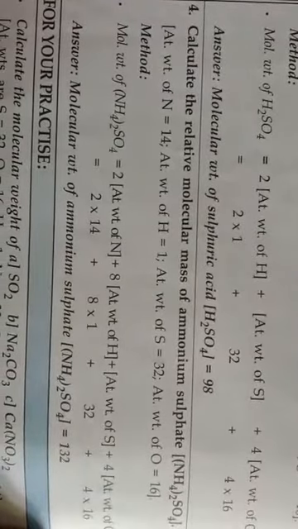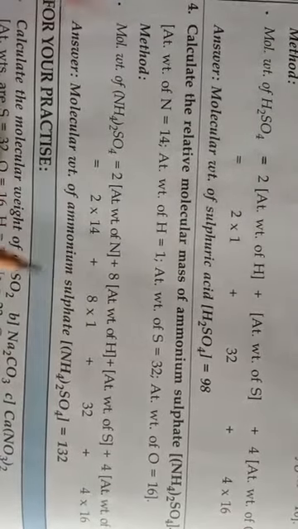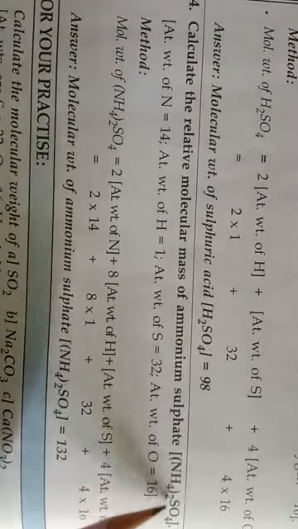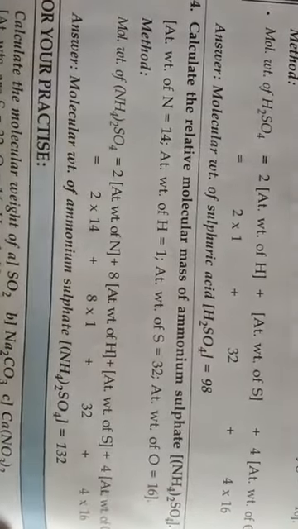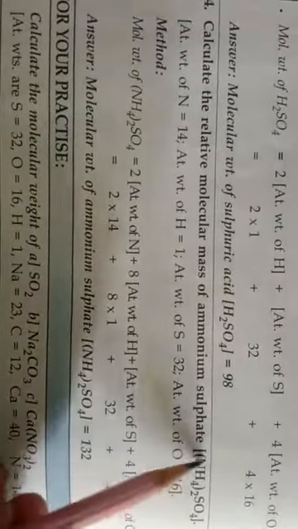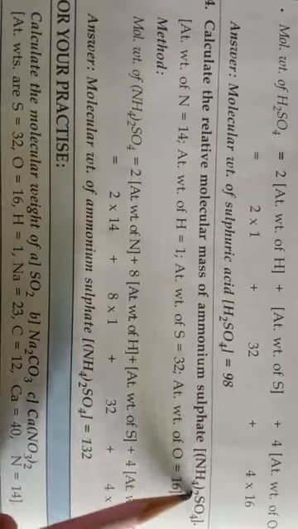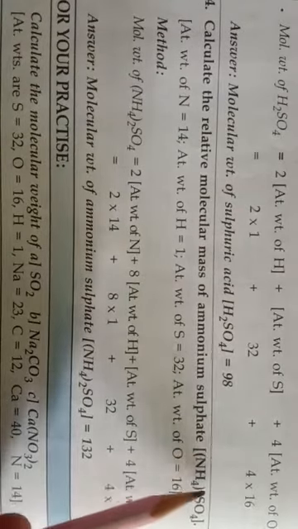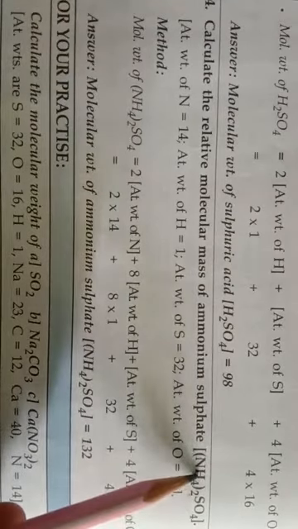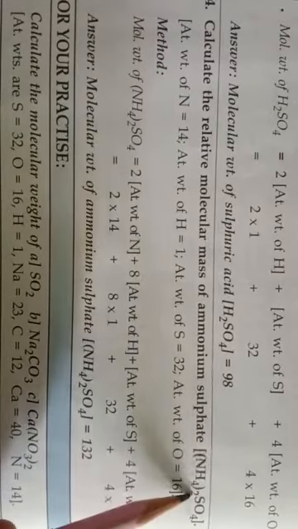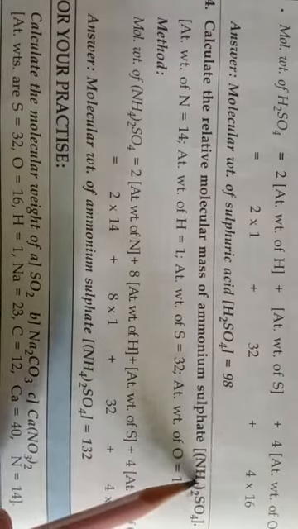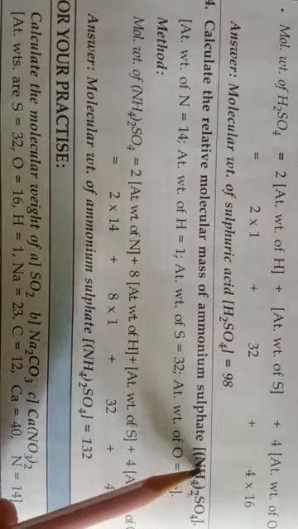Next example, we are taking the fourth example. Calculate the relative molecular mass of ammonium sulfate. And the molecular formula of ammonium sulfate is (NH4)2SO4. So here in this example, (NH4) whole twice means 2 atoms of nitrogen. This whole square means this 2 will be used for both nitrogen and hydrogen, because it is placed outside of this bracket. Okay, children. So 2 atoms of nitrogen and total 4 into 2 means 8 atoms of hydrogen.